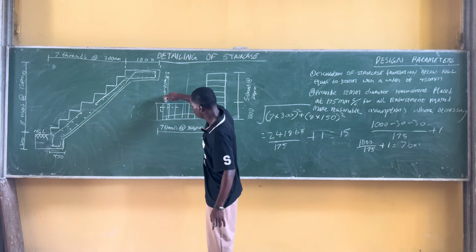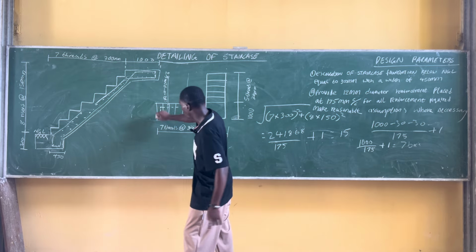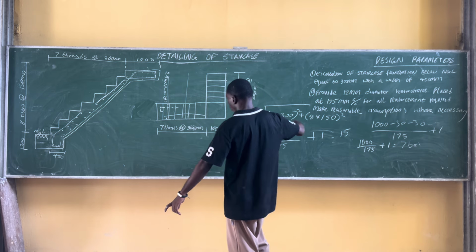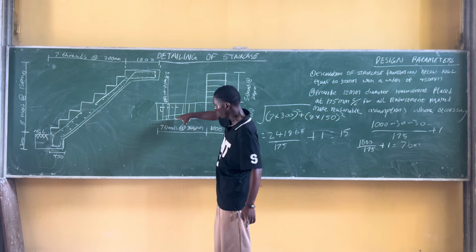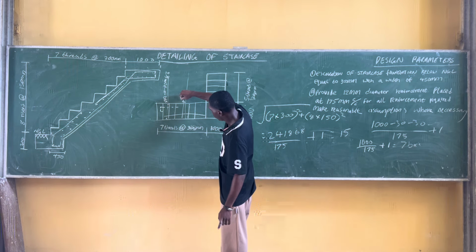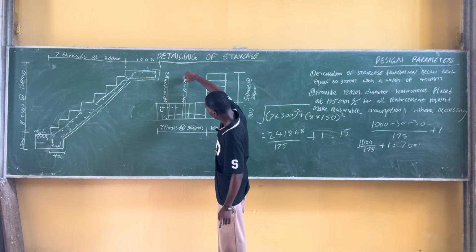This is not supposed to be 9 because this reinforcement is spanning from here to here, 1000. So 1000 divided by 175, we got 7 bars. So here is supposed to be 7 Y12. The same thing goes for this because it's spanning from here to here, 1000, making it 7 Y12 at bar mark 2, 175